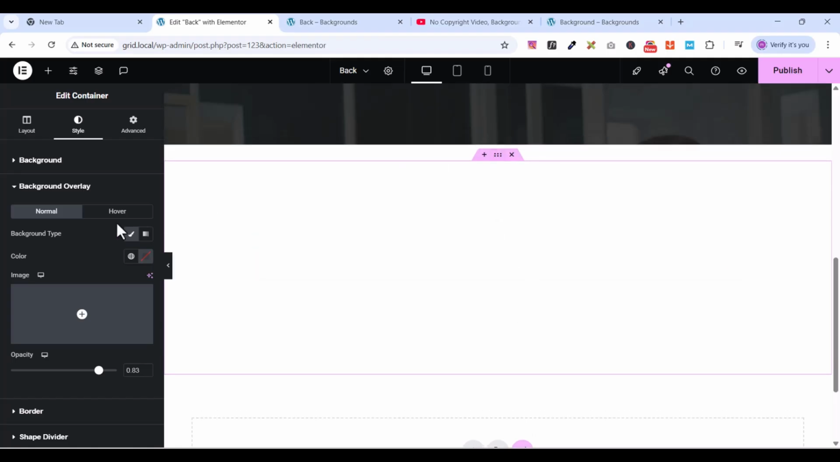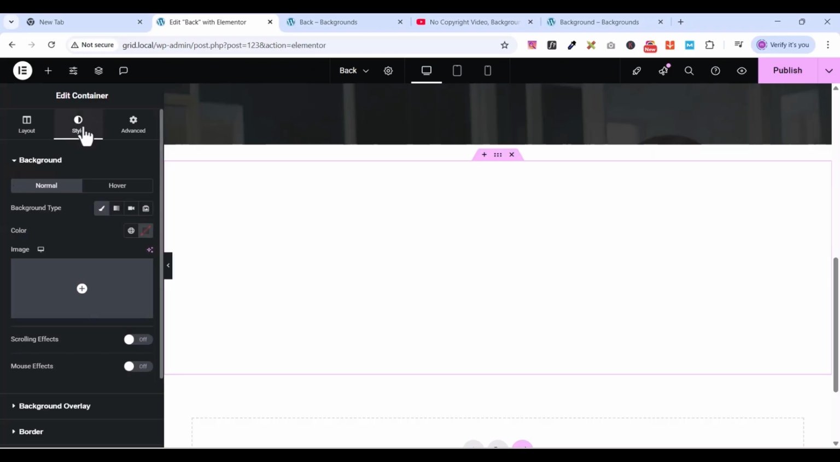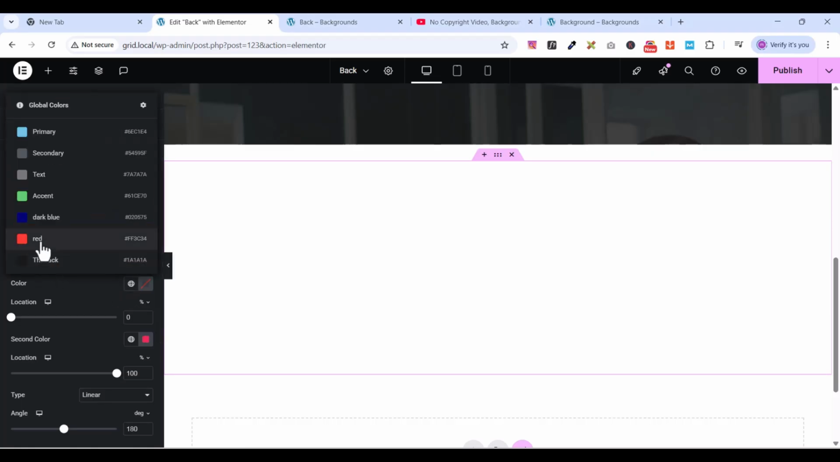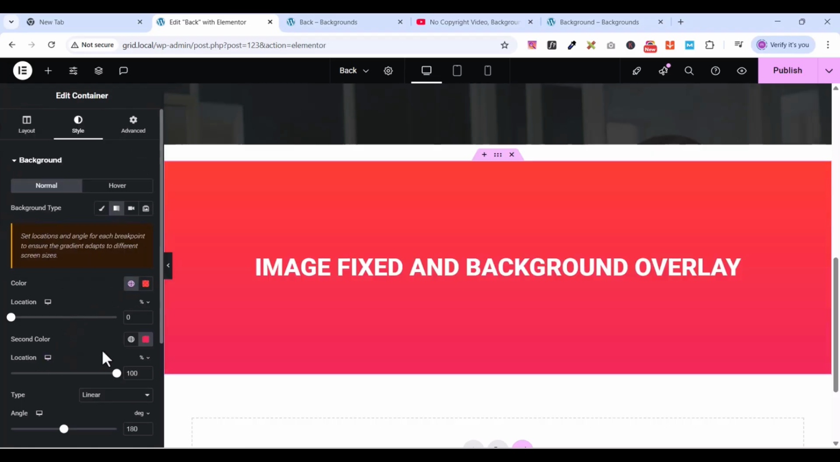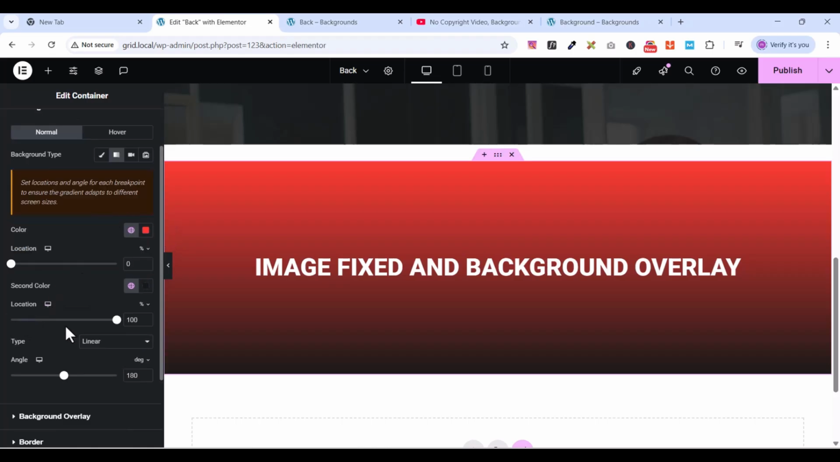So let's add our gradient. So I'll go back to my background. I'm still in the style. Then I'll go back to my background, and here I'll select a gradient. Then I have to choose my color. So I'll choose my first color, and it's going to be red. Then my second color is going to be black. Okay, like this. And as you can see, the gradient has some functionality, some features here that